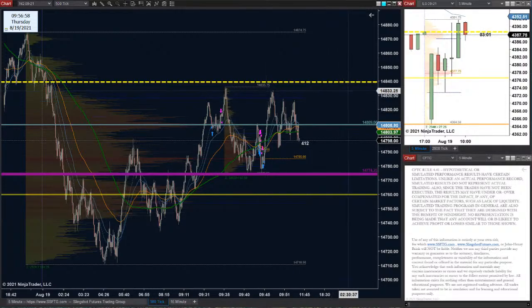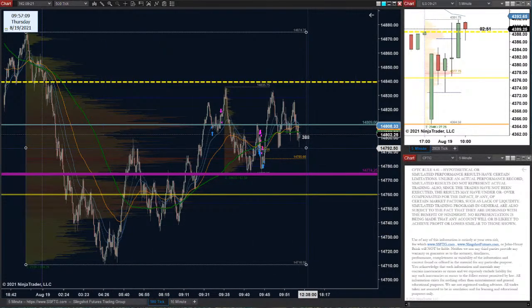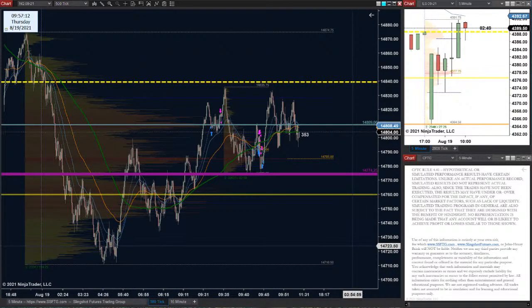Gotcha. I mean, it did look like the Bulls were taking control. I still have to assume they're in control, right? I mean, we haven't seen any dents in the armor or anything like that, breaking underneath the 785s or anything crazy, so...